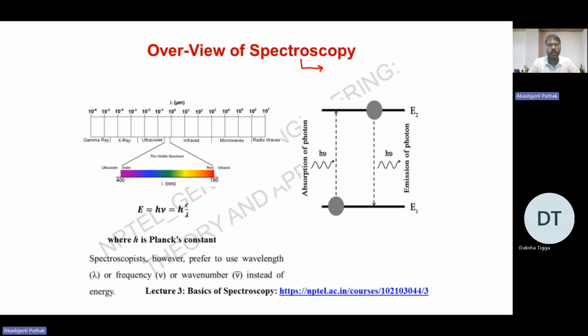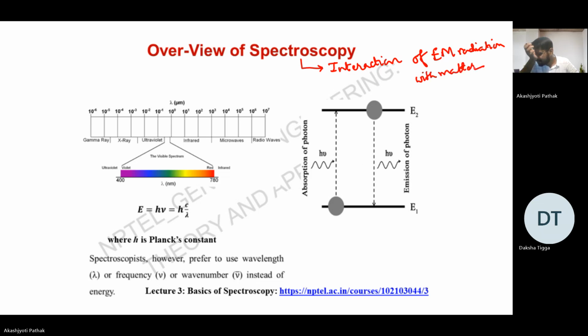So what is spectroscopy basically? Spectroscopy is a technique where we are trying to understand the interaction of electromagnetic radiation with matter. How the interaction of electromagnetic radiation with matter will provide us the information